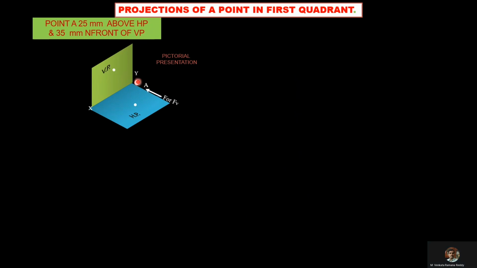Now we'll project the front view of point A. So this image is A dash. Here we'll see the distance from the horizontal plane, and the projection is to be projected onto the vertical plane. Then we'll see the top view of the point, and the projector is going to meet the horizontal plane. In the top view, we'll see the distance from the vertical plane, that is the in-front-of distance. Then from this point, draw a projector. This projector is perpendicular to the horizontal plane.